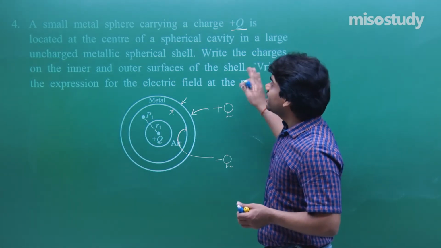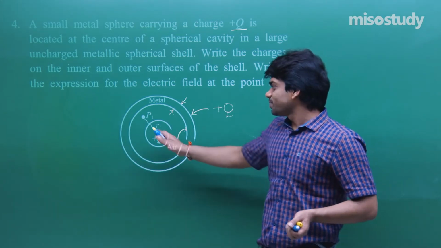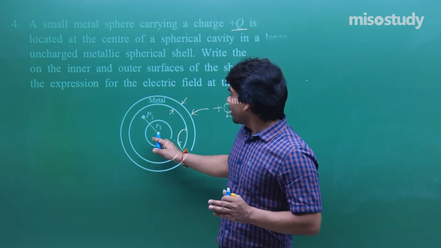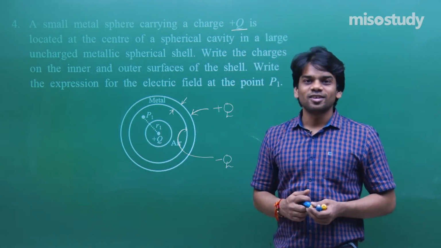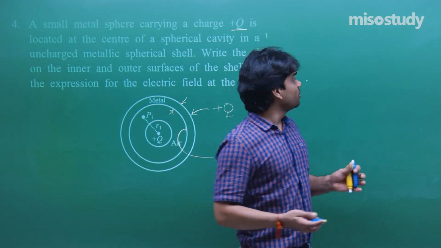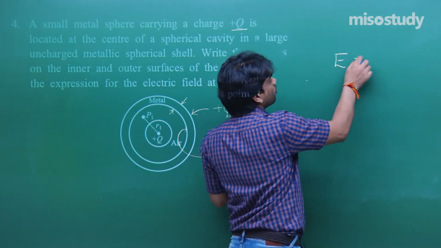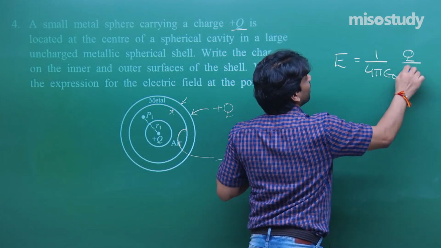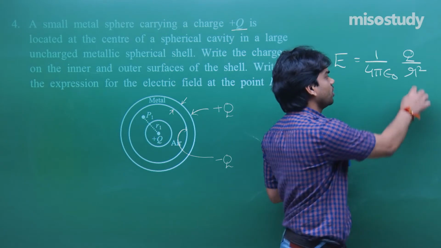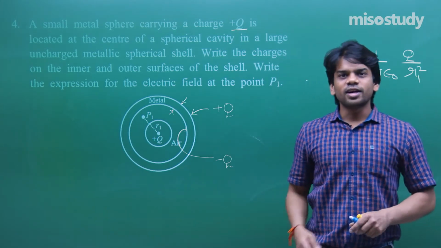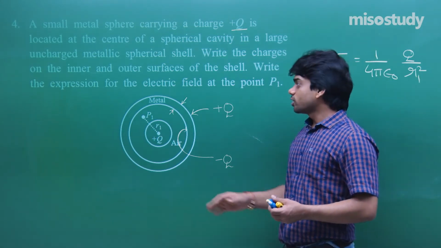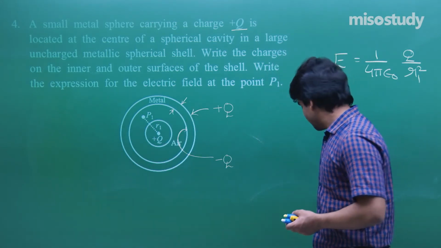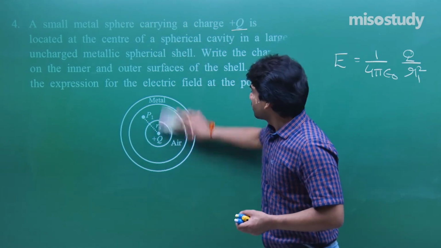Next thing you see, write the expression for the electric field at the point P1. For the point P1, it's not too tough for us to understand. It's a point charge at a distance r1 located from point P. So it's very simple to mention the electric field. You need to simply write the formula E equals 1 upon 4 pi epsilon naught q by r square. That's it, we are done. If it's r1, we mention it as r1, and we are done. This is the value of electric field for the point charge q, which is placed at the center at a distance r1 from it. Next, let's not take more time on all these questions.